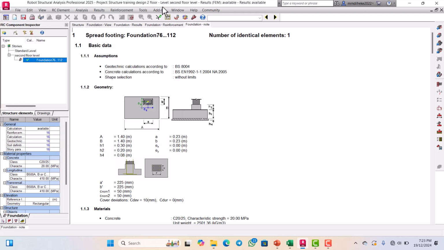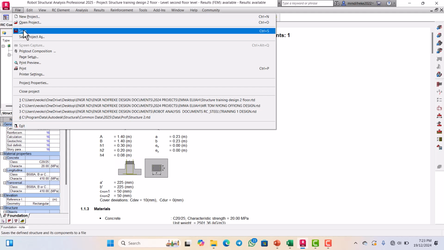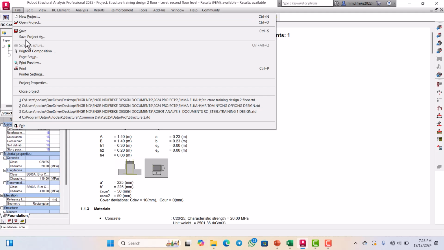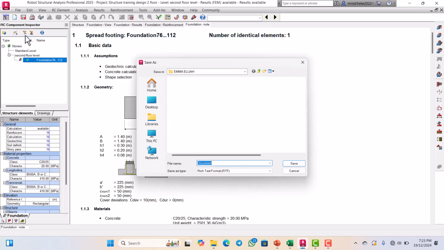We can save this file direct without going through this process. So you click on save as. I can save it, and I will now decide if I'm going to use text to save it. Whatever I want to use, I can decide here. So I can use this one and maybe save it as calculation